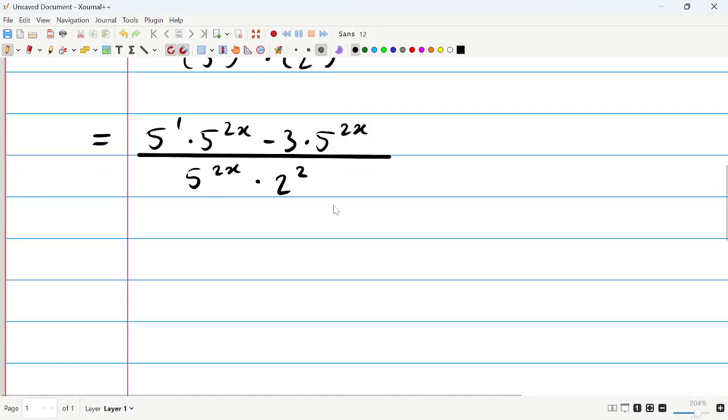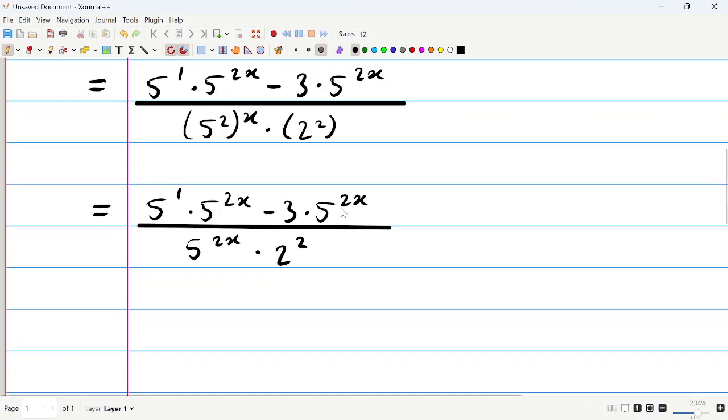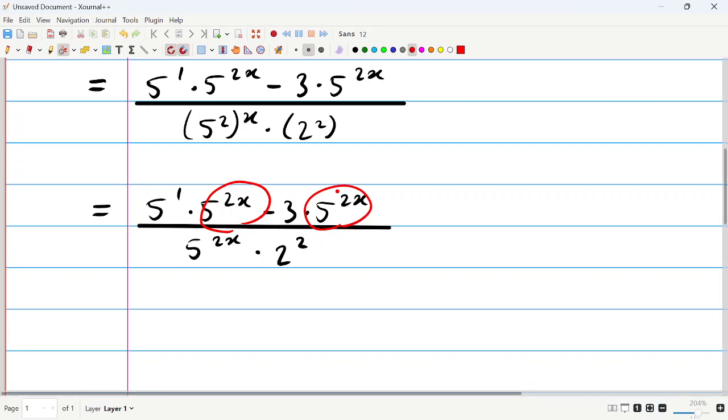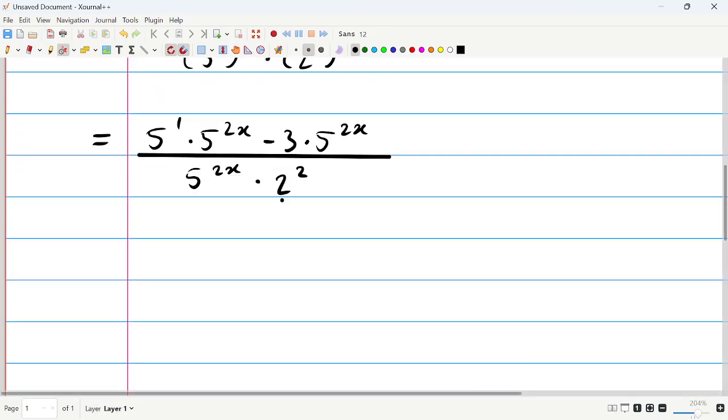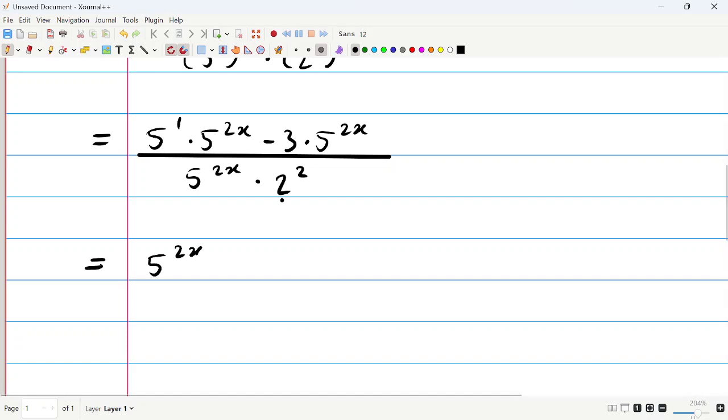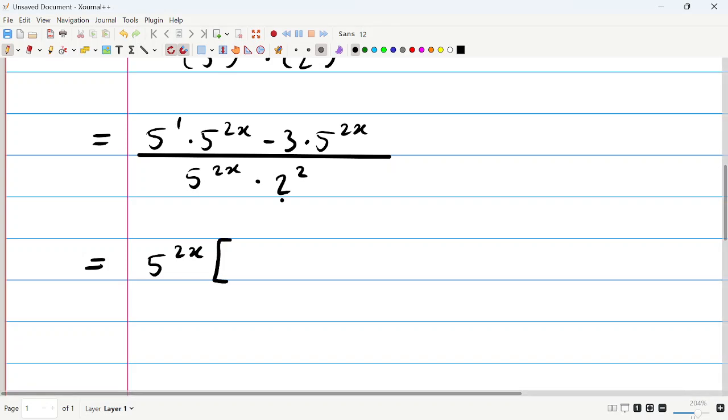Do you notice that at the top of this expression, the numerator, this term, 5 multiplied by 5 to the power of 2x, minus the other term, which is 3 multiplied by 5 to the power of 2x, do you notice that this 5 to the power of 2x is a common factor? So let's take out that common factor and see what happens. When we take out the common factor, we are going to have 5 to the power of 2x, square bracket or whatever bracket you like using,